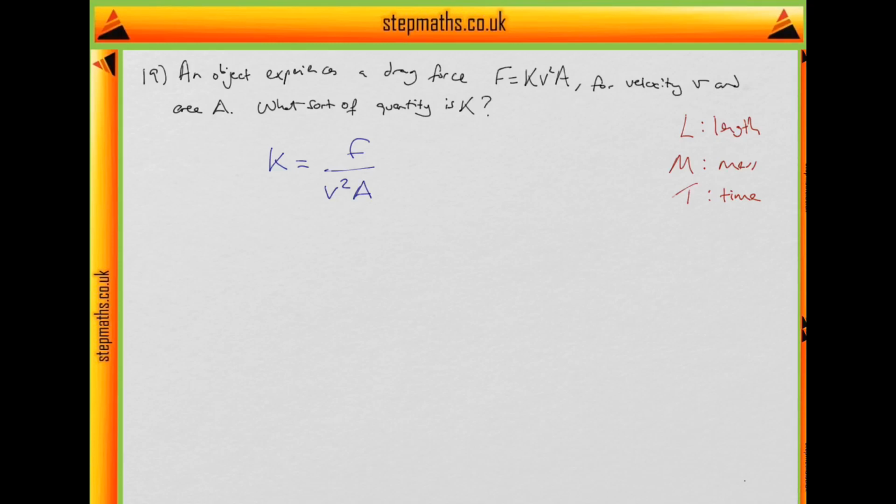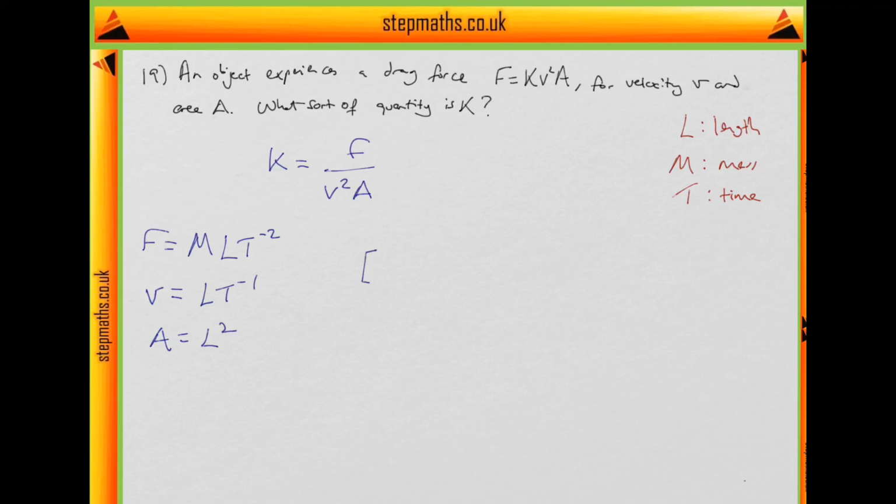So force, what is force? Well, force is mass times acceleration. So mass obviously has a unit of mass, and then acceleration has length time to the minus 2, as we know. V, well, that's distance over time, so that's length per time. And area, well, that's distance squared, so that's length squared. So that means we use a square bracket notation to